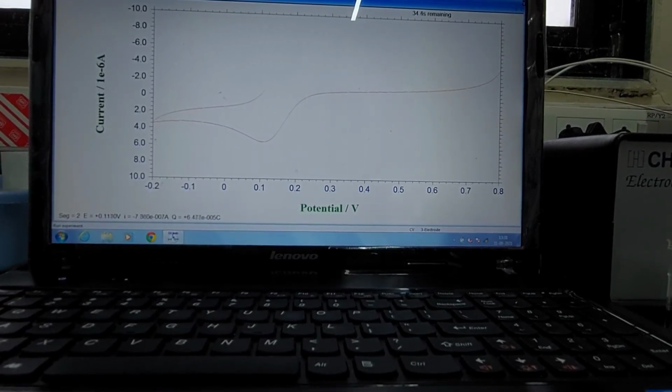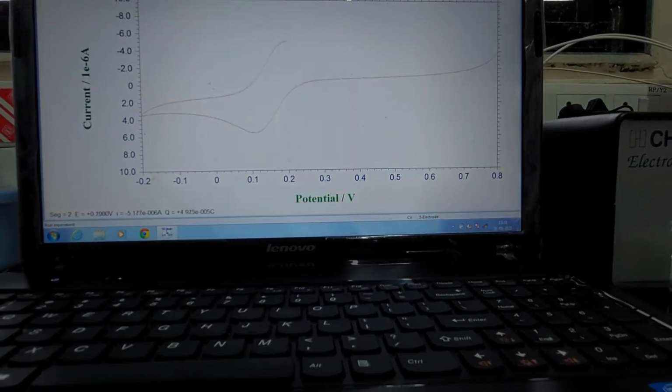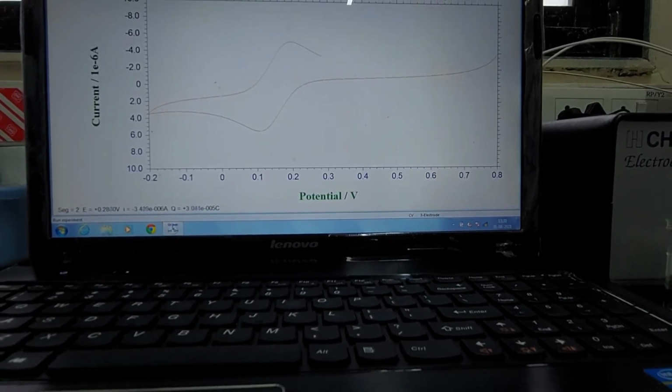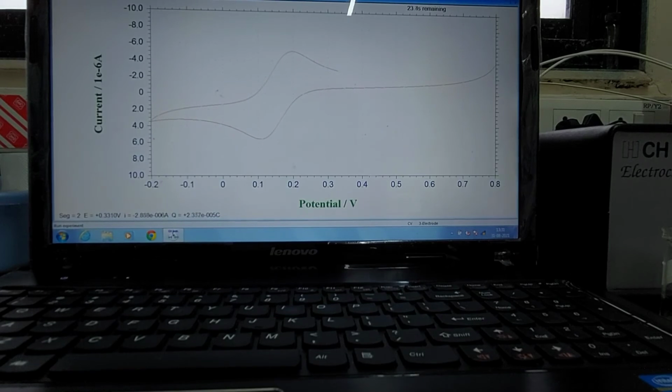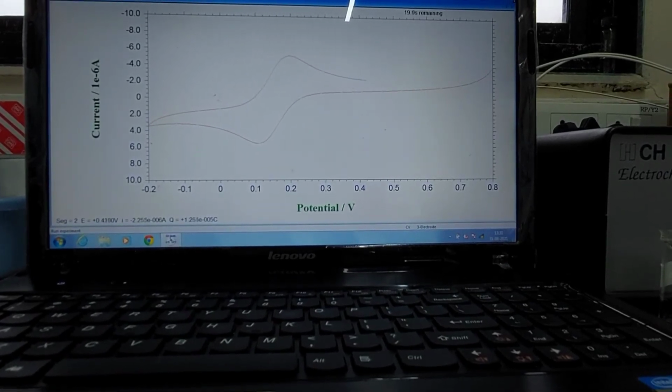Steady, going up again. That's a big jump. Right. It's a big jump. Okay. A beautiful curve. Really a beautiful curve.